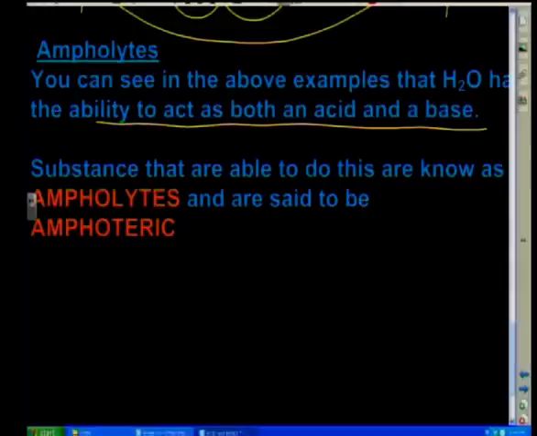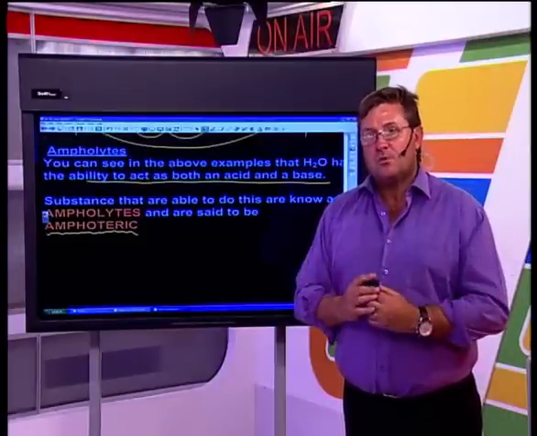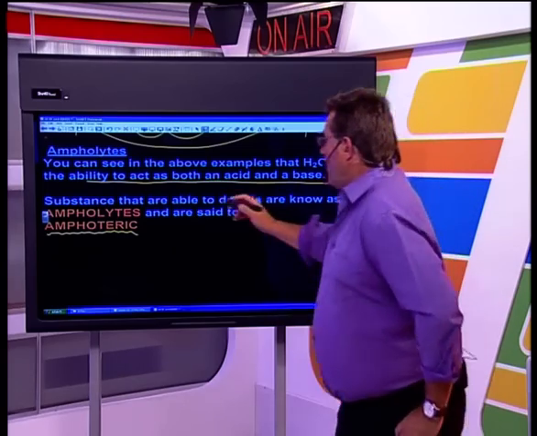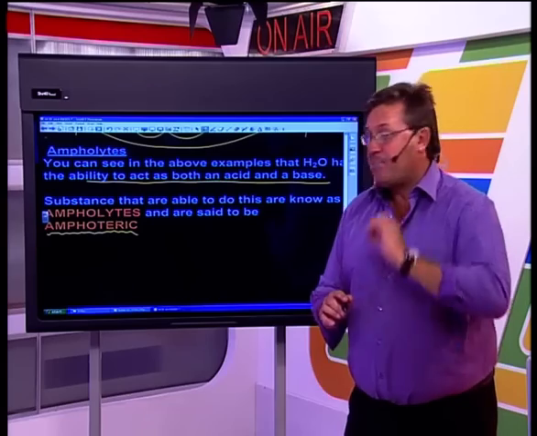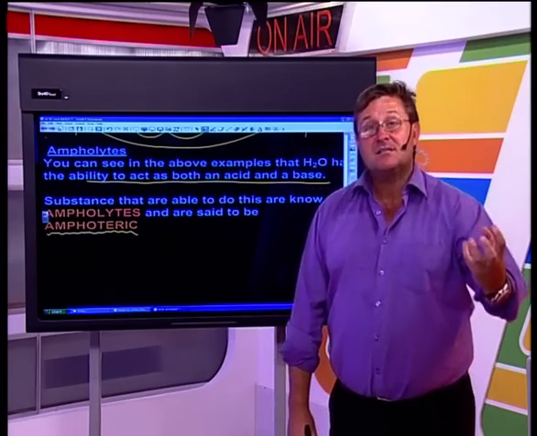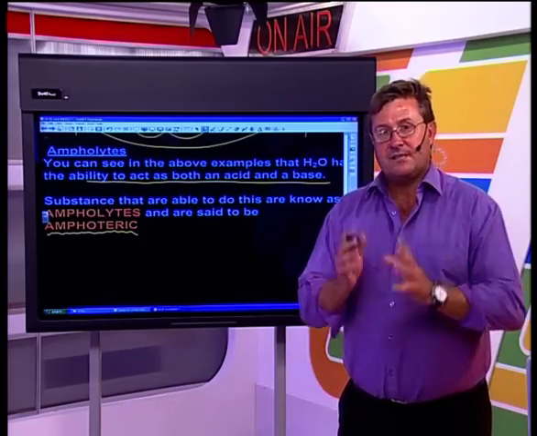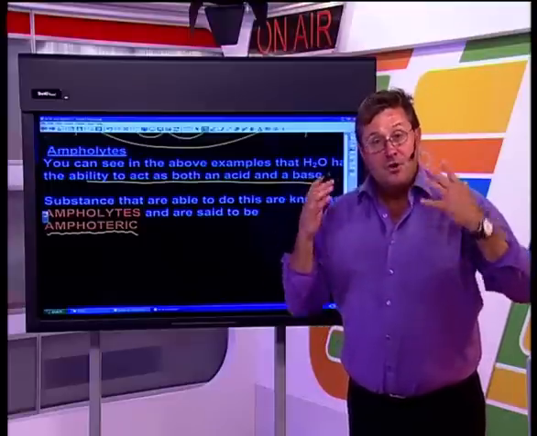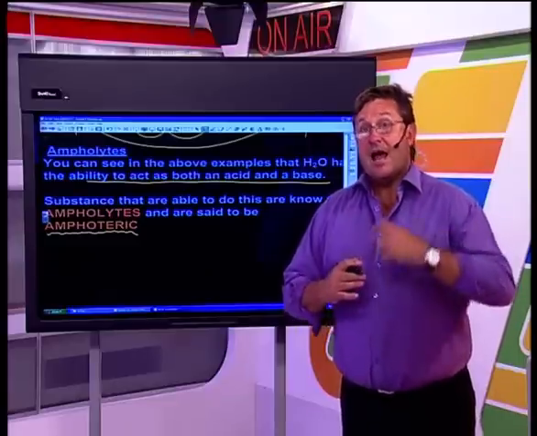So when we talk about these substances, we call them ampholytes, and therefore we say that they are amphoteric. Now, quite big words, quite big terminology, so we're just going to make sure we understand and are able to pronounce them properly and put them down on paper. We talk about an ampholyte, a substance that can act as an acid and a base, and therefore we say that substance is amphoteric. So ampholyte, amphoteric, both those words are acceptable to explain the phenomenon of certain substances being able to act as both acids and bases. Okay, how do we identify it?